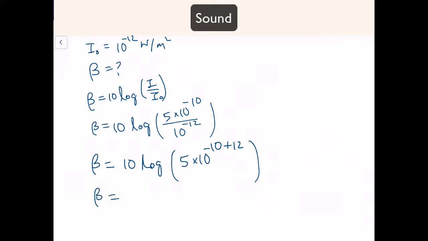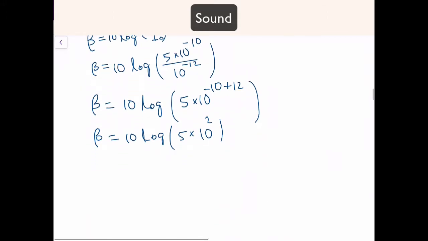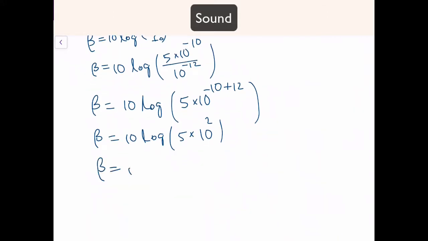Then beta equals 10 times logarithm of 5 times 10 to the power of minus 10 plus 12, which is 2. So 5 times 10 squared is 500. So logarithm of 500 will be,